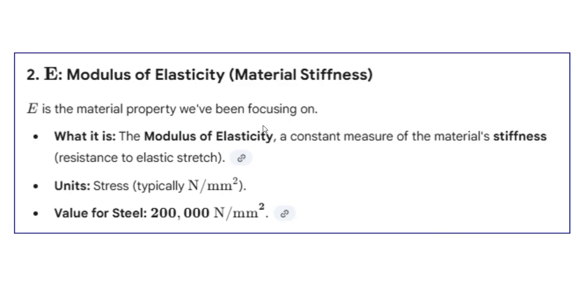So E is the material property we have been focusing on in this session. The core concepts are all discussed. So here we can note that it is the resistance to elastic stretch. Okay. After that, the yield point occurs, Fy, that means 250, 415 or 550, 500 like that, Newton per mm square.